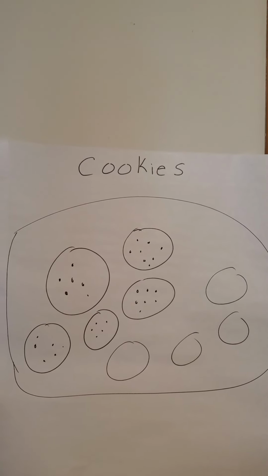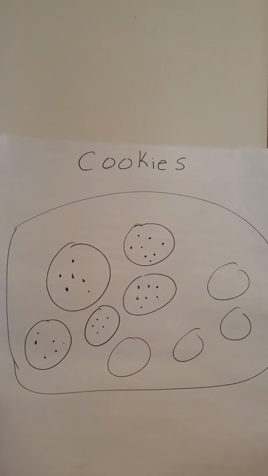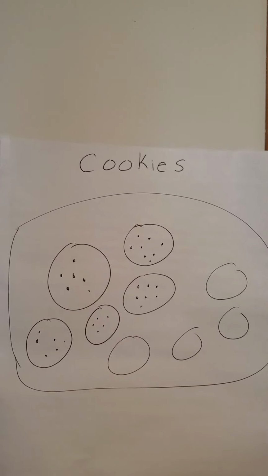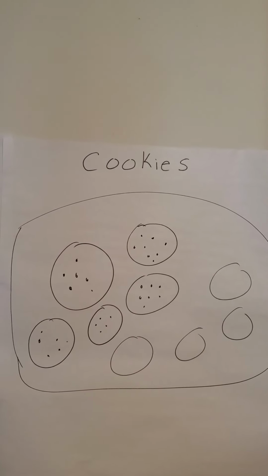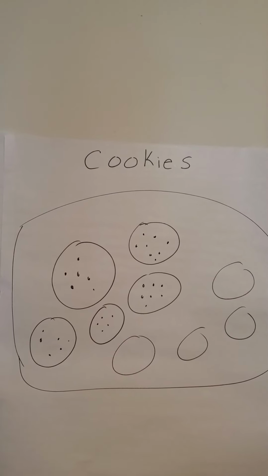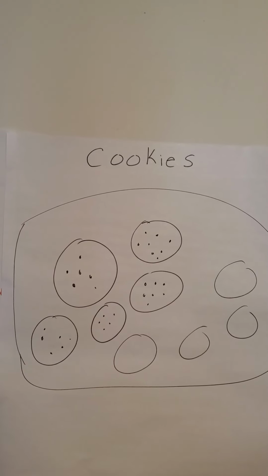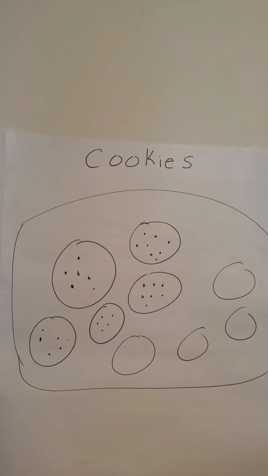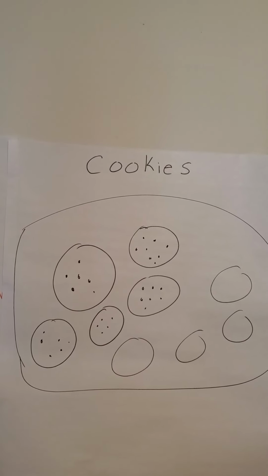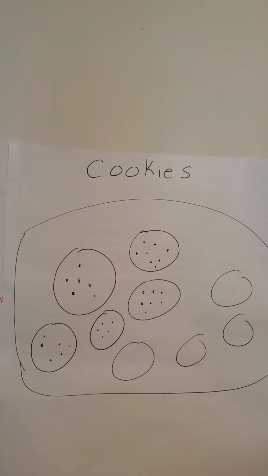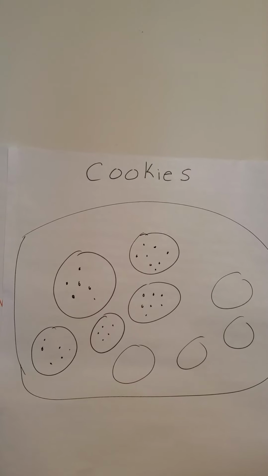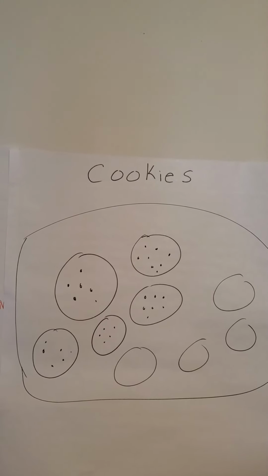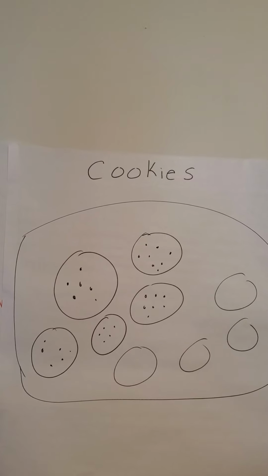Now, I want you to turn and tell one of your family members your story. If you're alone, you just say the story to yourself to make sure you have it right. So you're going to say Renai and Layla made 12 cookies for the party. 7 are sugar cookies. The rest are chocolate chip. Okay.